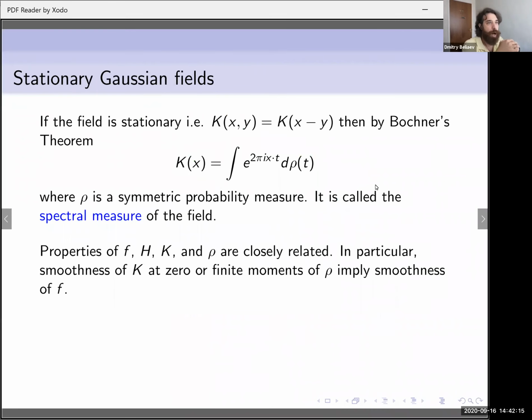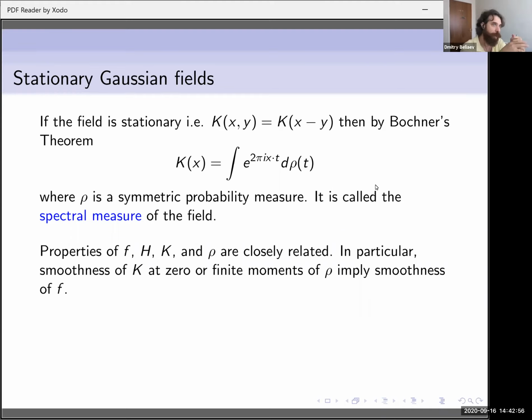Okay, now we are mostly interested in stationary Gaussian fields. They are Gaussian fields such that covariance kernel depends only on x minus y. And then for this type of field, K is a positive definite function, and there is Bochner's theorem, which tells us that any positive definite function is a Fourier transform of a positive measure. And since it's real, this measure is symmetric. So this is something that is called